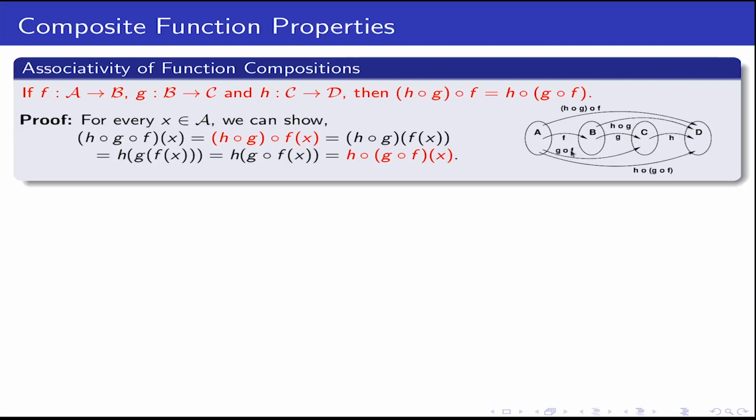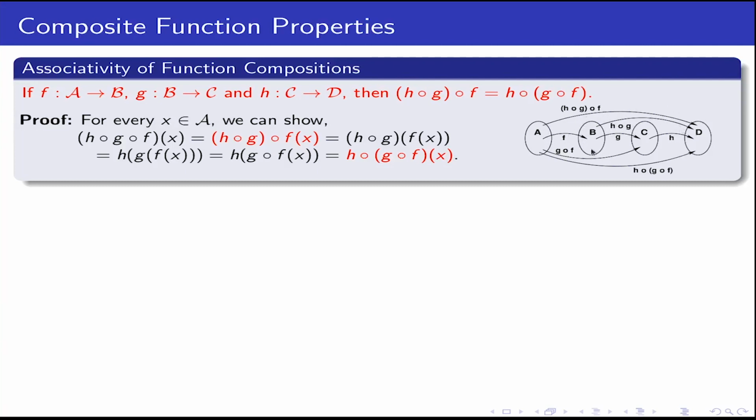When you say G composed with F, first you do F and then compose it with G, so it will be from A to C. Then when you say H∘G composed with F, that means first you do F, then you do H∘G, so it will be from A